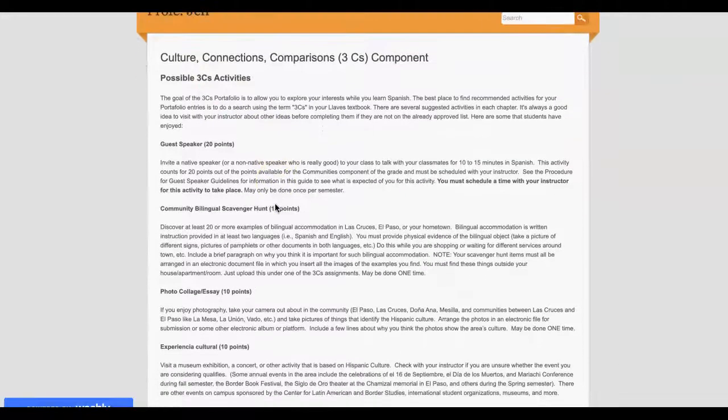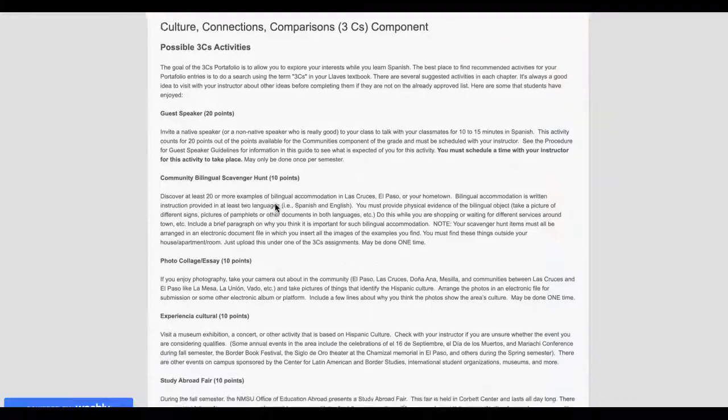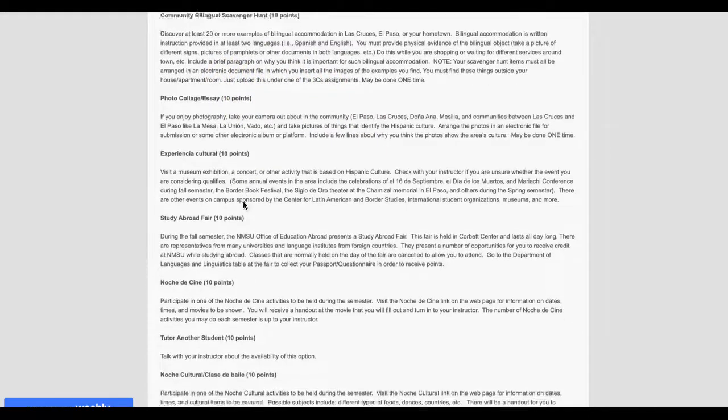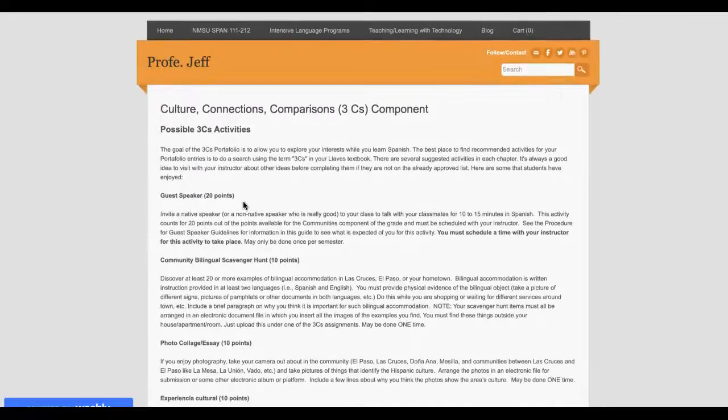Okay, this is a list of optional activities. Remember, we don't require specific ones, though you can take from these. If you have an idea of your own, please, por favor, make sure and speak with your instructor about completing